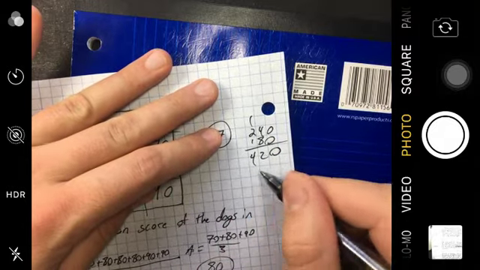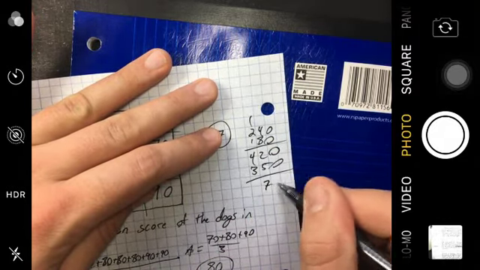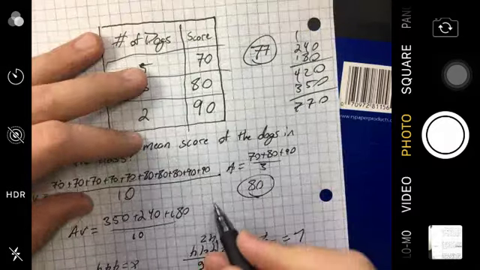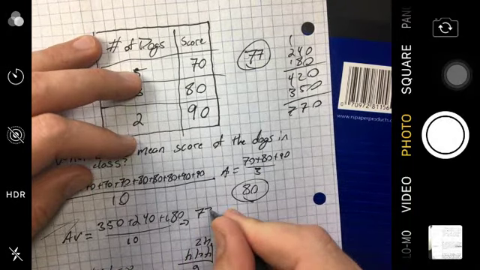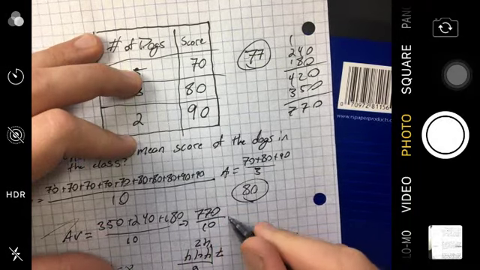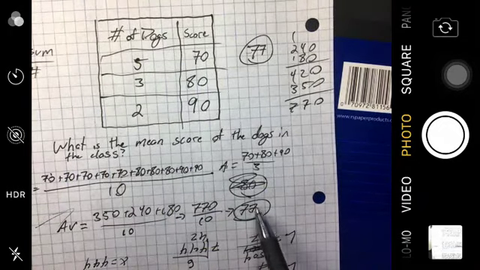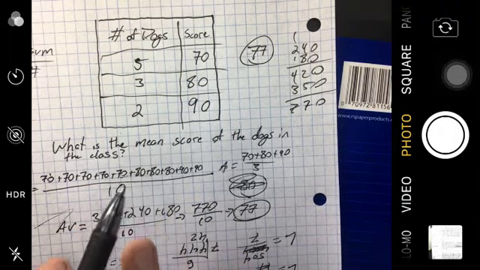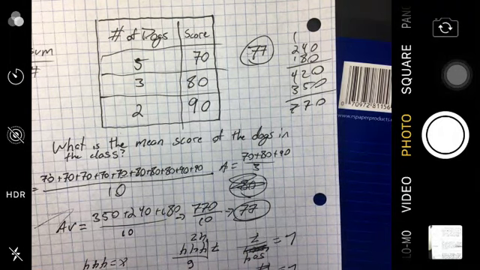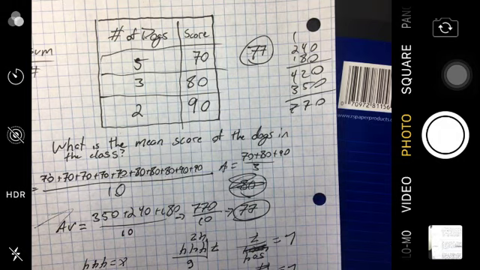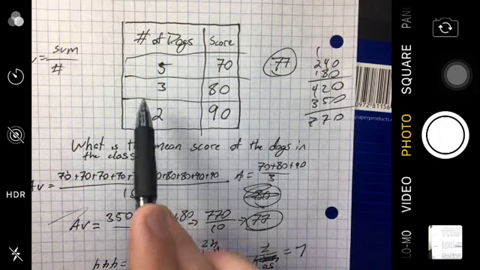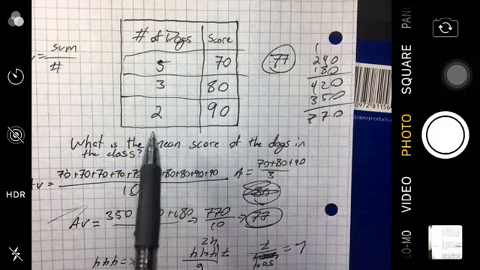1A, and then plus 350. That's 70, 70. Yep. And we're looking like we're getting towards your guys' answer. Over 10. Yeah, and that's going to reduce to 70. And that's actually our answer there. 77. So just be on the lookout for these problems. I mean, you gotta look out for these problems where they try to trick you into doing this average